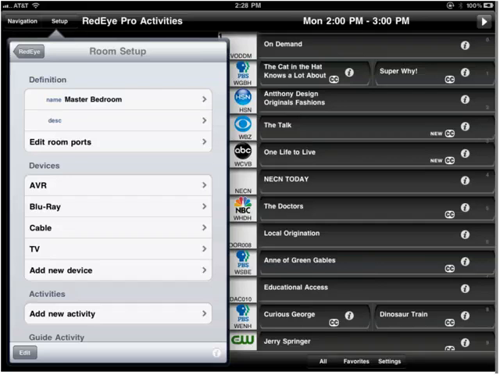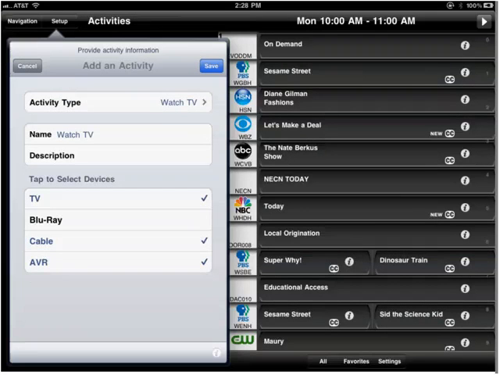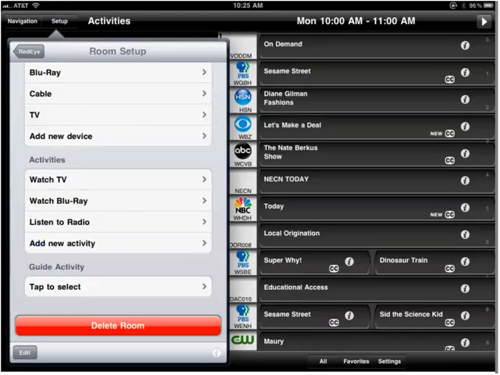And we get the now familiar activity creation screen. And the process for creating an activity within this room is the same as it was before. We choose a type, we provide a name, and then we select our devices and we continue on from there. So once we've finished that, we're back on the room setup page, and I've created a handful of activities using